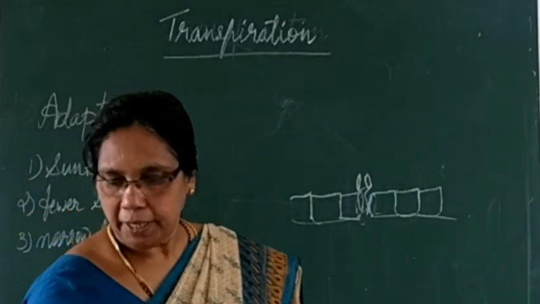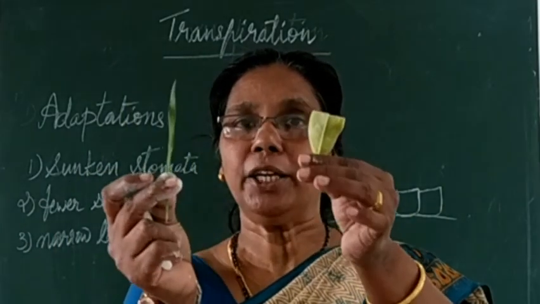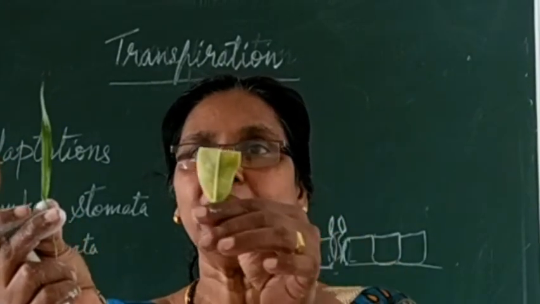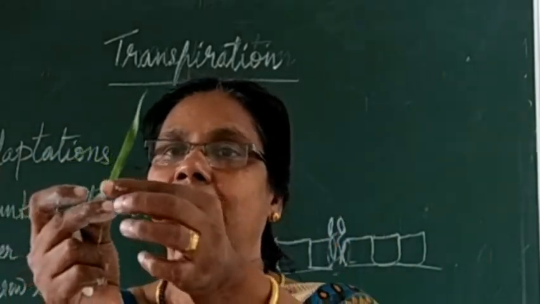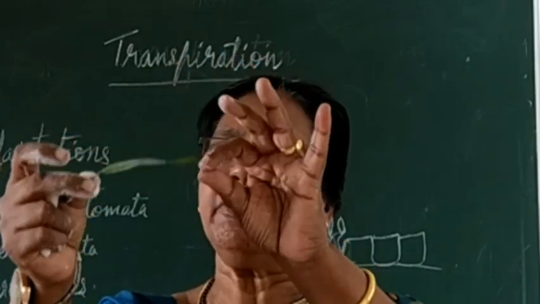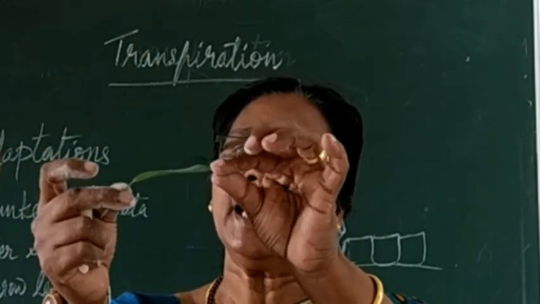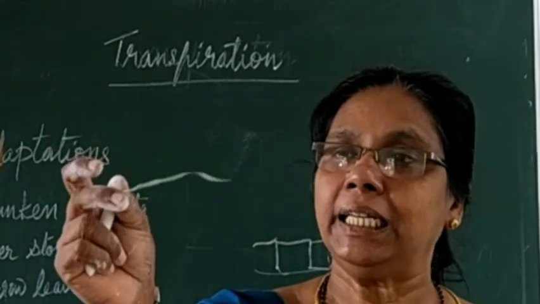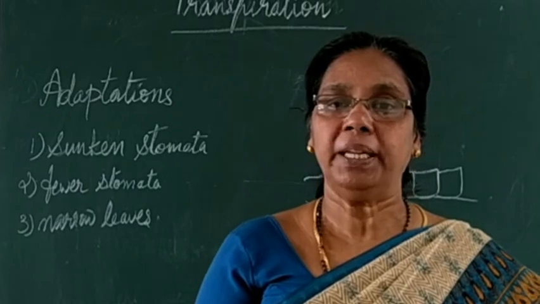See, comparing this leaf and this leaf, you can see that this leaf is very narrow. This is a grass leaf which is very narrow. This is somewhat broad in nature. So here, as the size of this narrow leaf is small, in the lower surface the number of stomata will be less. So nature itself provided this chance that in certain plants the leaves are narrow, and as the leaves become narrow, the transpiration also will be reduced.